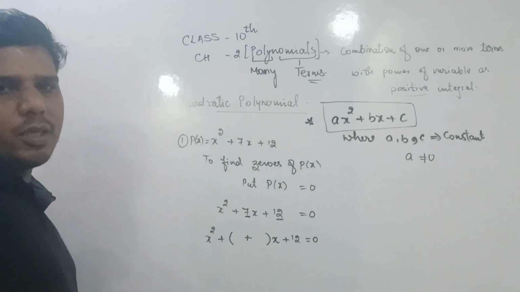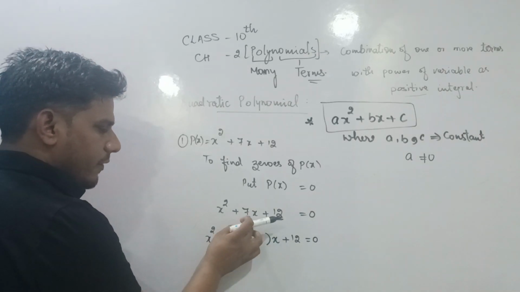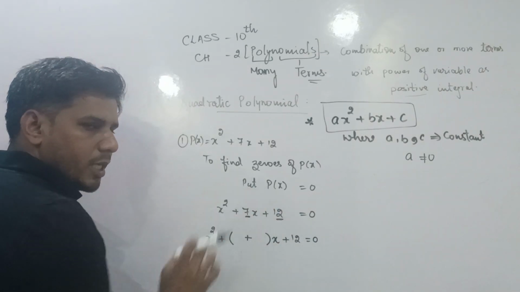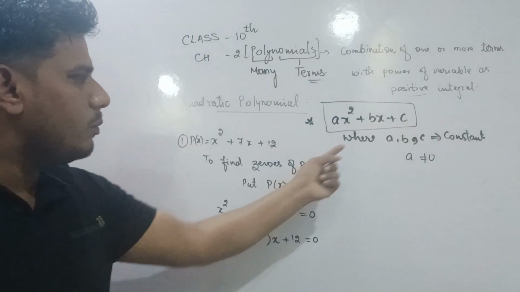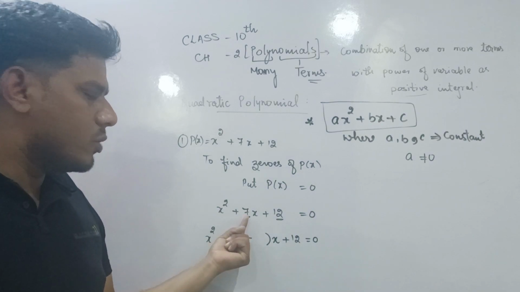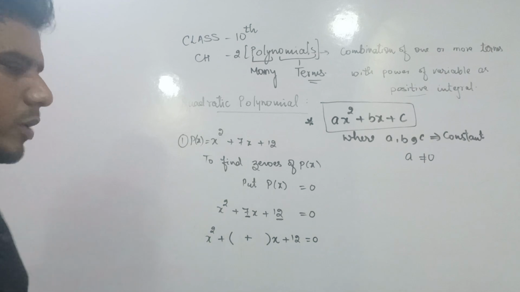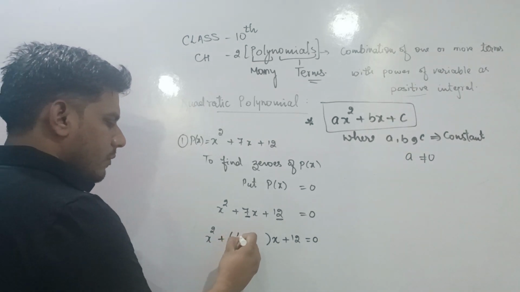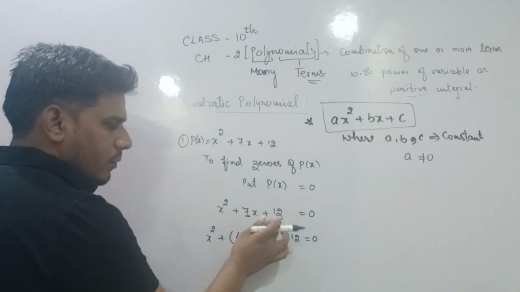अभी हमें दो ऐसे नंबर ढूंढने हैं, दो ऐसे नंबर को हमें सर्च करना होगा जिनको प्लस करेंगे तो 7 एंड मल्टीप्लाई करेंगे तो कांस्टेंट आना चाहिए. मींस प्लस करेंगे तो वैल्यू ऑफ b मींस कोफिशिएंट ऑफ x. दो नंबर को प्लस करेंगे तो 7 एंड मल्टीप्लाई करेंगे तो 12. ऐसे दो नंबर हम लिख सकते हैं 4 प्लस 3. 4 प्लस 3, 7 होता है एंड 4 इंटू 3, 12 बनता है.